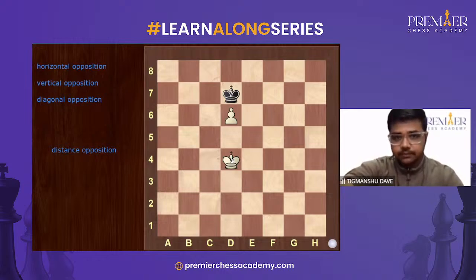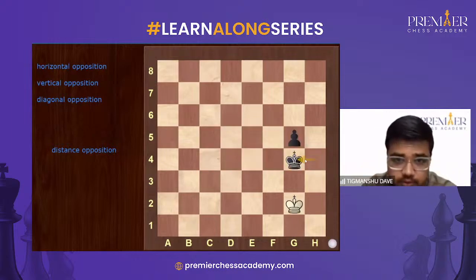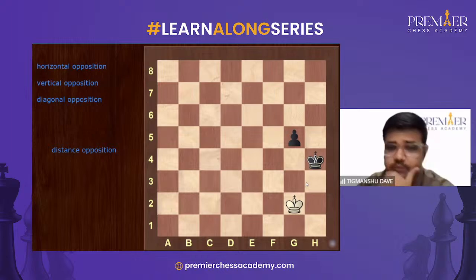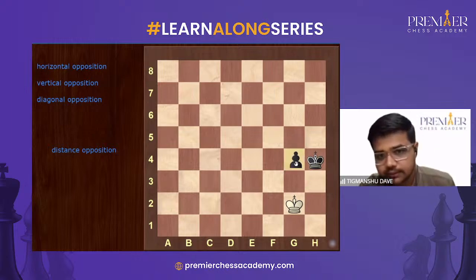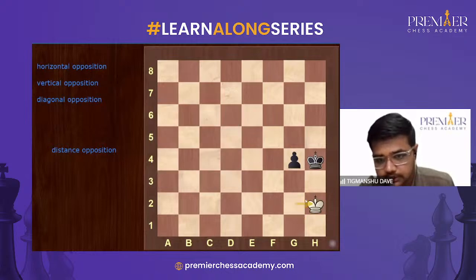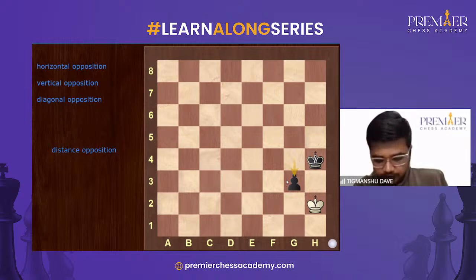So let's go back to the position. Yes, king g4 is the move here. Again, in order to win the game, you have to take the opposition. Do not push the pawn forward, as it will give your opponent a chance to take the opposition. And when it does, you have to go backwards, you cannot go forward now. You can go with the pawn, but now the basic rule of the king and pawn endgame,